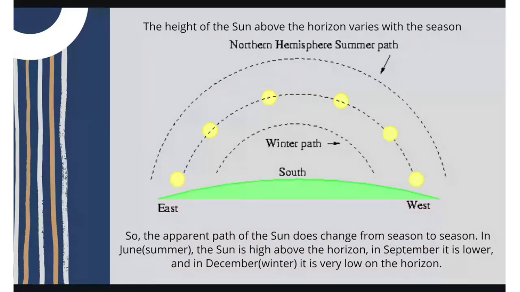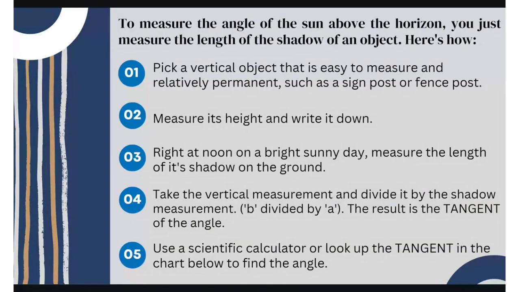Next. Here are the 5 easy steps to measure the angle of the sun above the horizon. You just measure the length of the shadow of the object. Here's how. First step is to pick a vertical object that is easy to measure and relatively permanent, such as a sign post or a fence post. Number 2, measure its height and write it down. The third step is right at noon on a bright sunny day, measure the length of its shadow on the